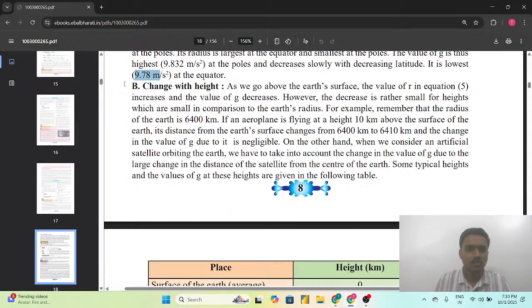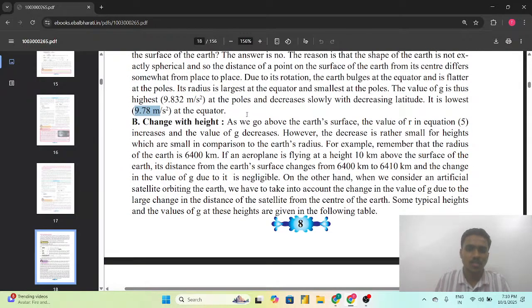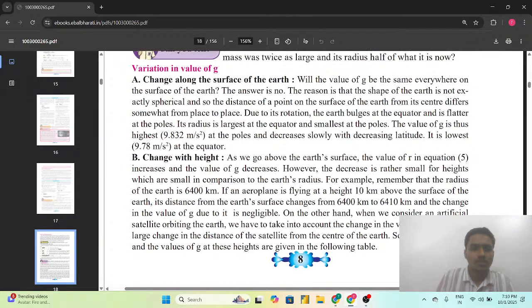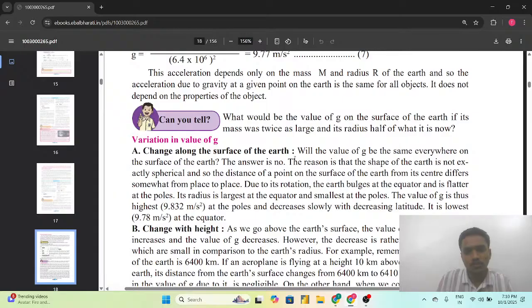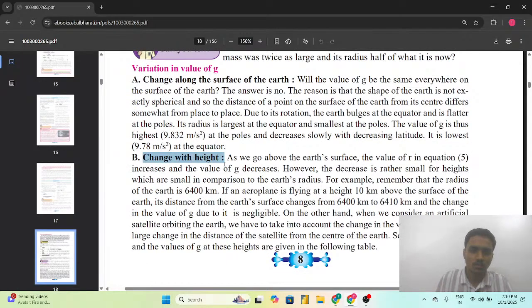Now let us see what happens when we check the change with height, as we are now changing the height. Firstly, we looked at the change along the surface of the earth. Now we are changing along the height. As we go above the earth's surface, the value of r in equation 5 increases and the value of g decreases. However, the decrease is rather small for heights which are small in comparison to the earth's